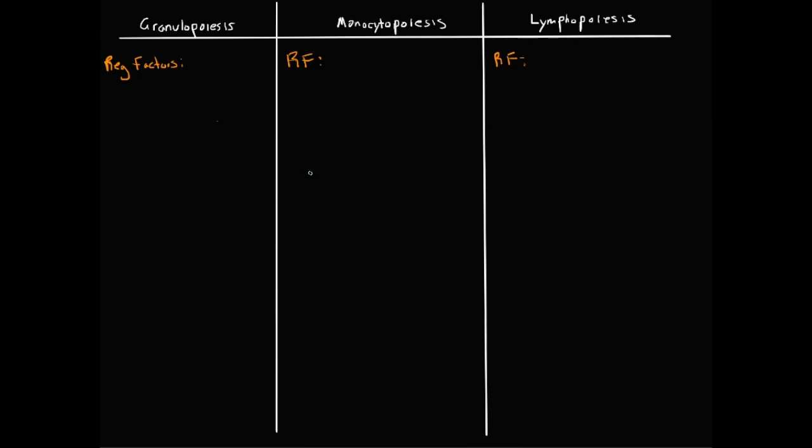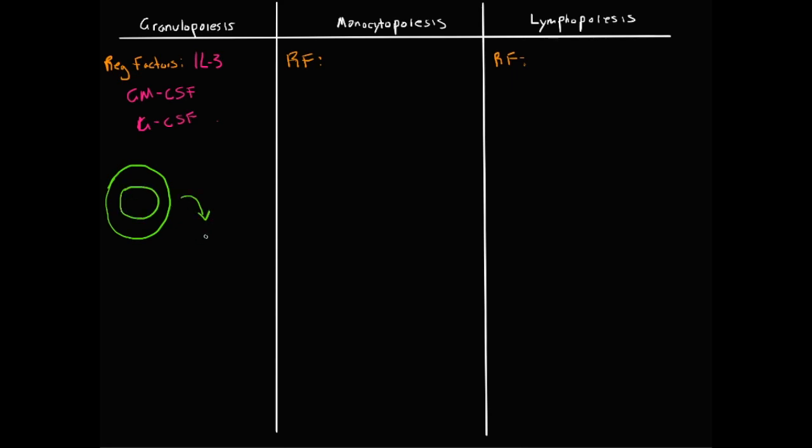So granulopoiesis, some of the regulatory factors are interleukin-3, and then you have GM-CSF and G-CSF, sorry. And a little bit of the characteristics of its maturation would be nuclear segmentation and then acquisition of primary then secondary granules. So if you look at something like this massive stem cell here with its nucleus, it might go